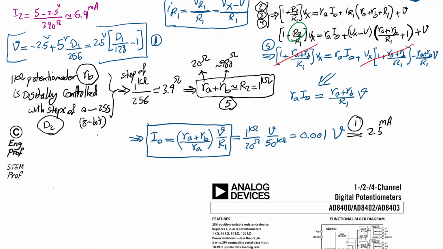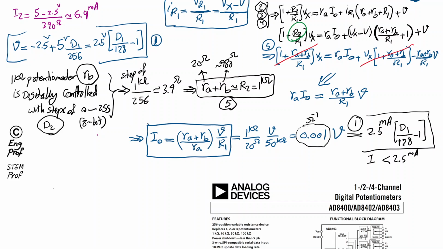This is effectively in the form of Siemens, so that is ohm inverse, and we have 2.5 milliamp times the code word D1 over 2^8 minus 1. So basically we are able to control the output current in the range of plus 2.5 milliamp and minus 2.5 milliamp